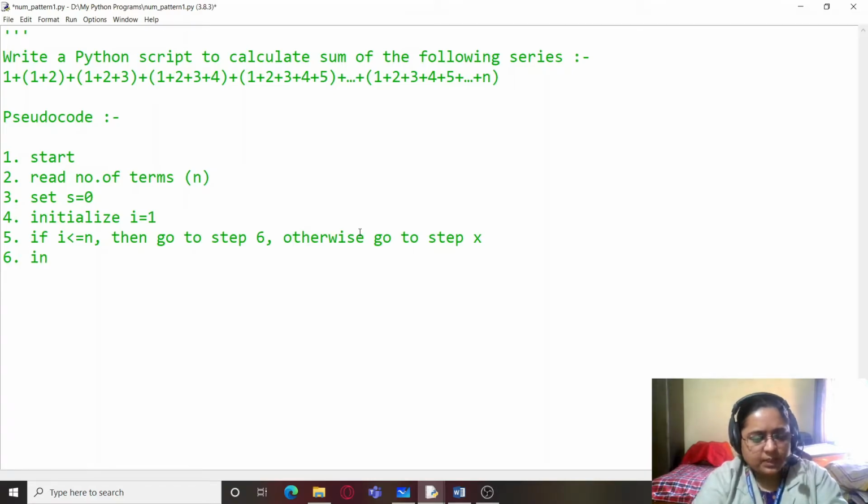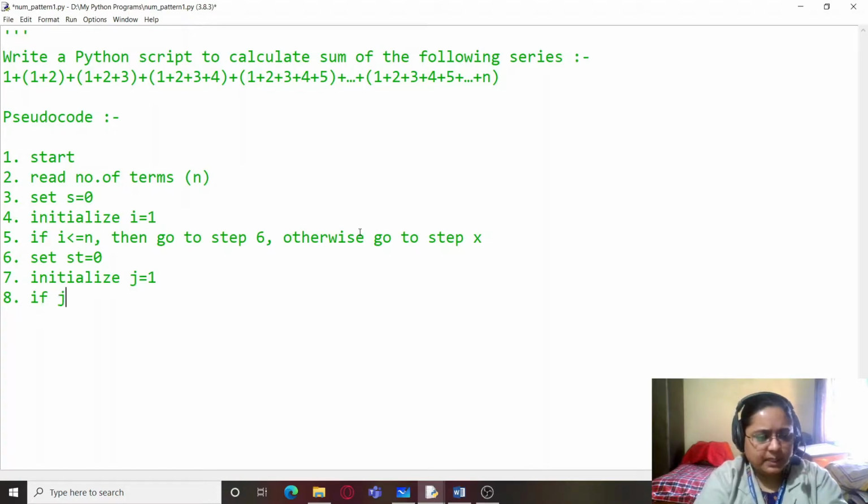For that we will take a small variable, term sum, or st, and we'll set st equals 0. Again, that will be the sum of individual terms which are series terms. Then we will initialize j as 1.